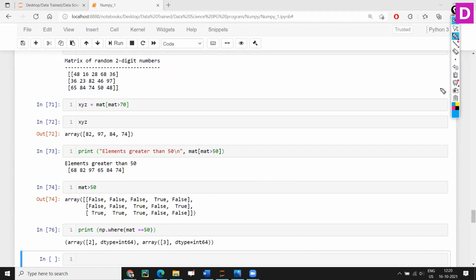Even if you have hundreds of rows and thousands of columns, it is difficult to identify where that 50 lies, in which spot. If you have multiple 50s, how will you be able to identify them? This will help us pinpoint exactly that position, which row and at which